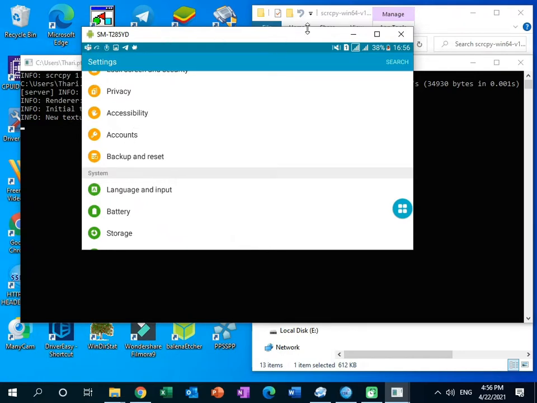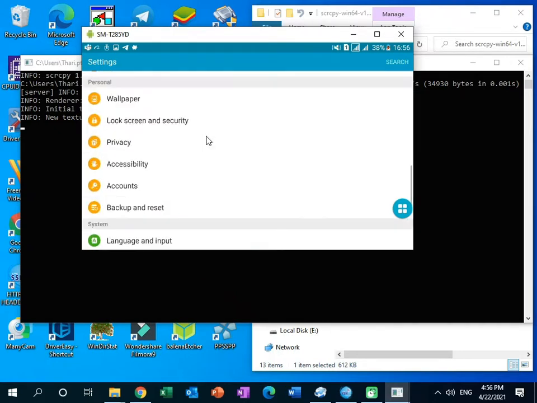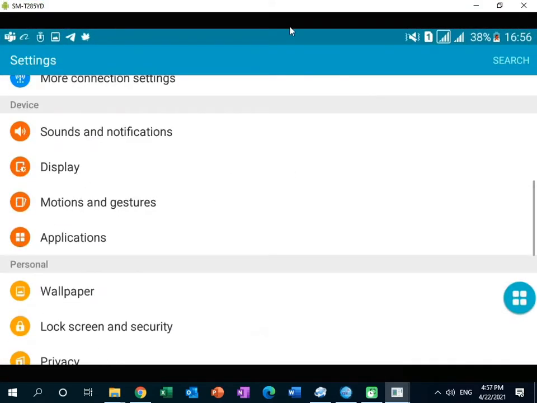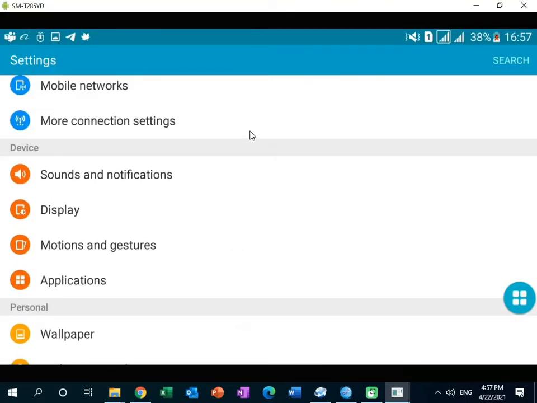So you can't use those, but you can do anything from this application on your phone, and also you can get your Android screen to your PC. You can see you can enter this high resolution mode. It's good for when you are going to create a video about a game or application.